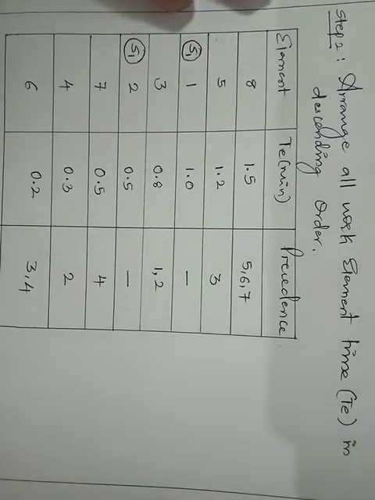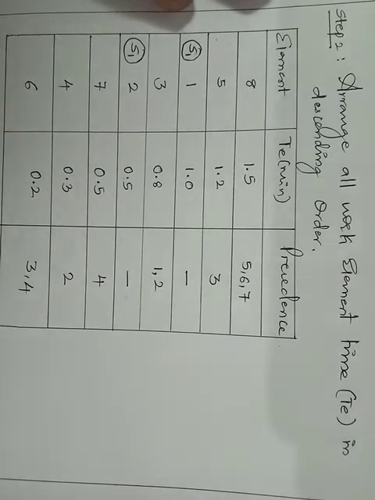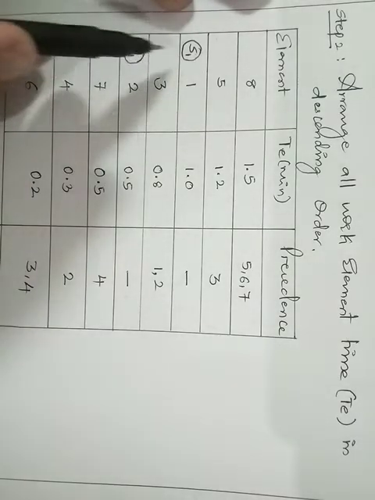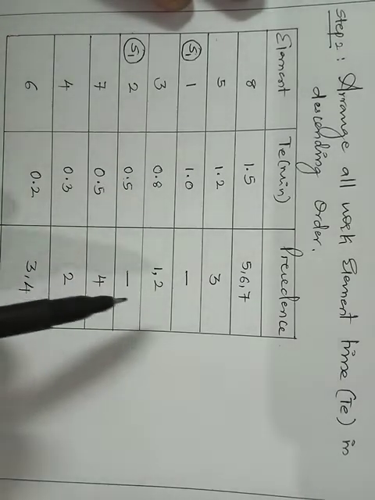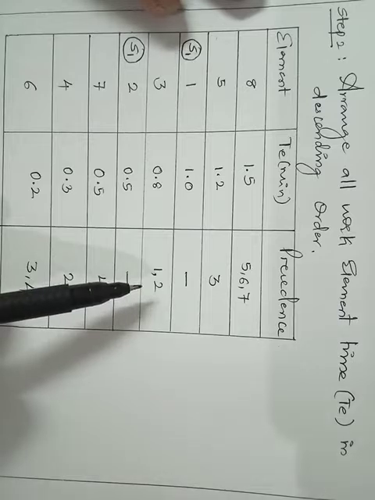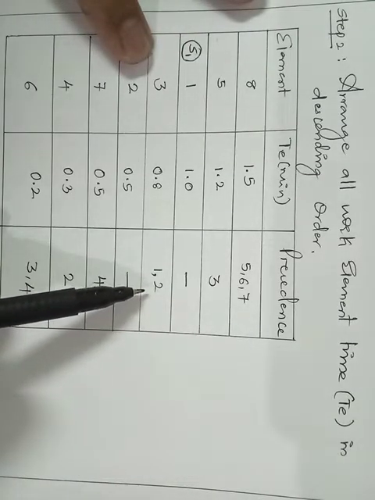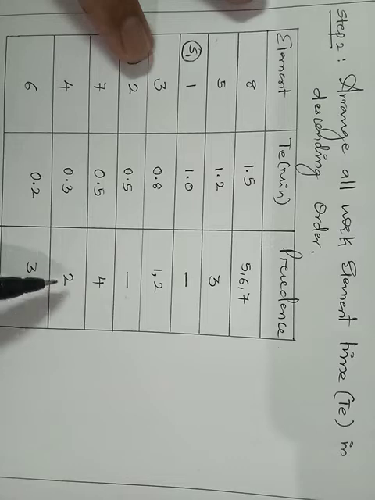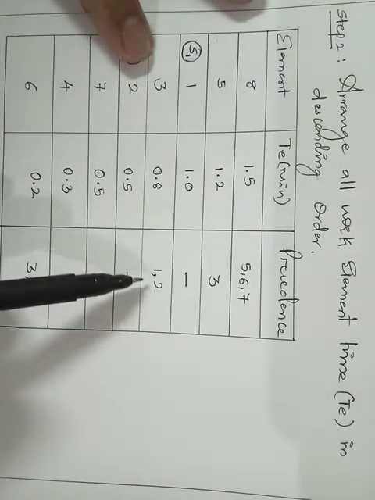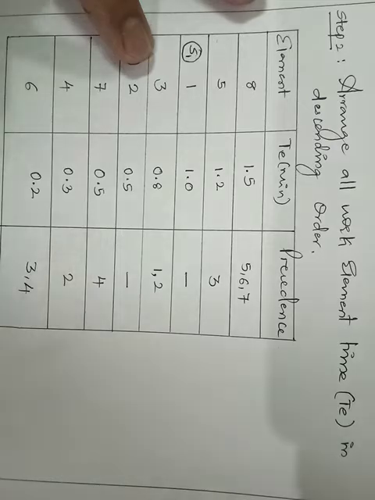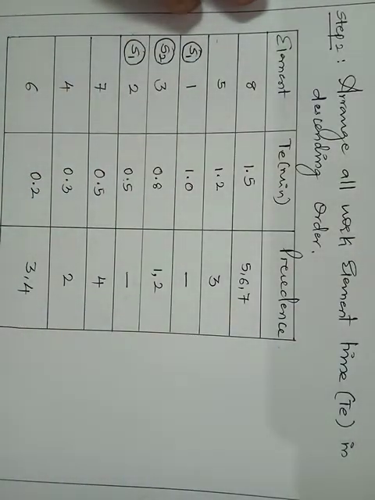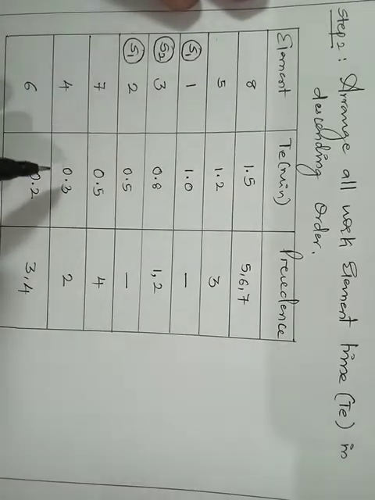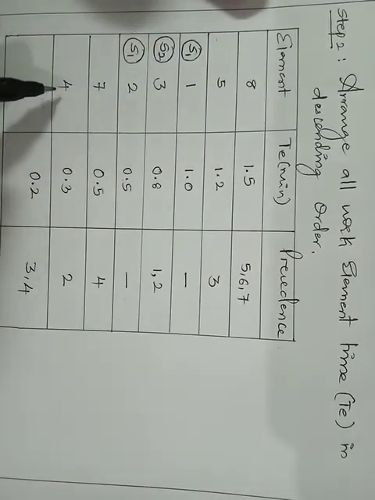Next, we just check out the element where you are having 1 and 2 as precedence, because 1 and 2 are completed now. So where 1 and 2 are there as precedence? Yes, here station number 3 you are having 1 and 2 as precedence, and station number 4 you are having 2 as precedence. Now 1 and 2, it is 0.8. Yes, I can give this to S2, station number 2. Right?